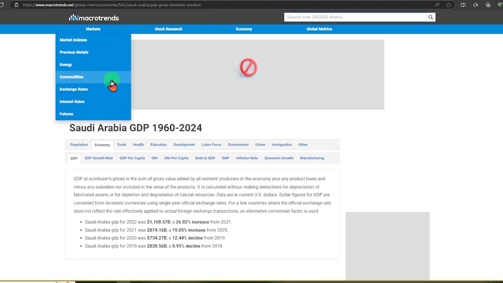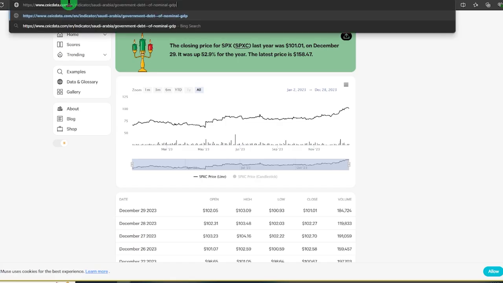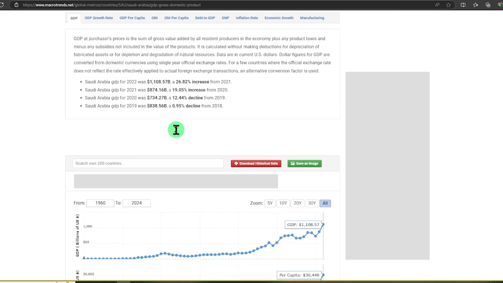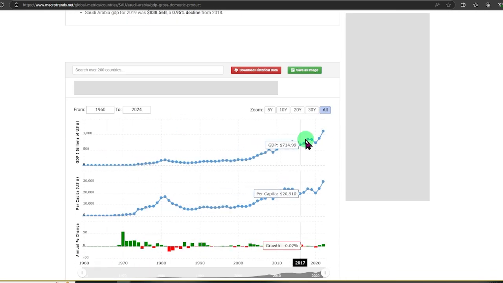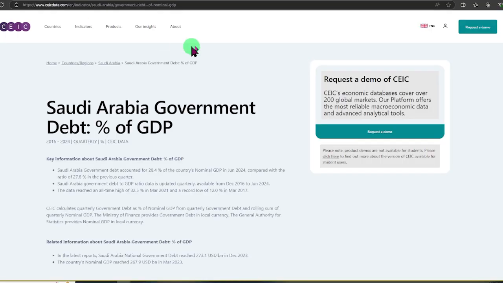There's a couple different ways to do this. You can go to this first website, as you can see here, macrotrends.net, and you can see the debt from 1960 to 2024. It's currently in an uptrend, and you have different historical data points as you scroll down. A pretty good website. If you want a more in-depth website, then check this website,